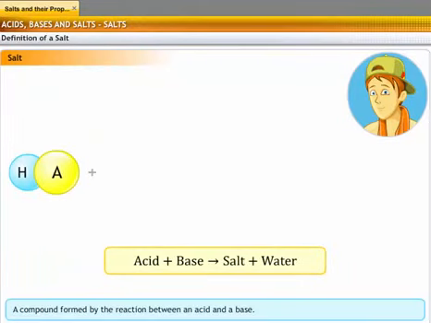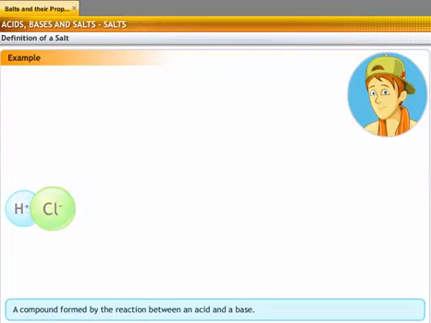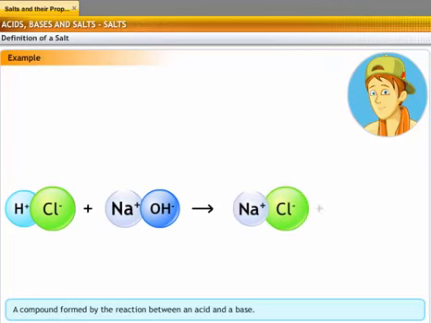The product of an acid reacting with a base is salt and water. From this, we define salt as a compound formed by the reaction between an acid and a base. This reaction is called a neutralization reaction. For example, when an acid like hydrochloric acid reacts with sodium hydroxide, which is a base, sodium chloride, which is